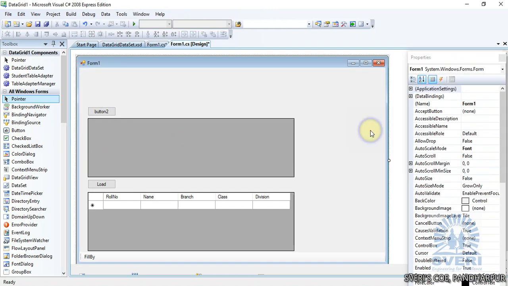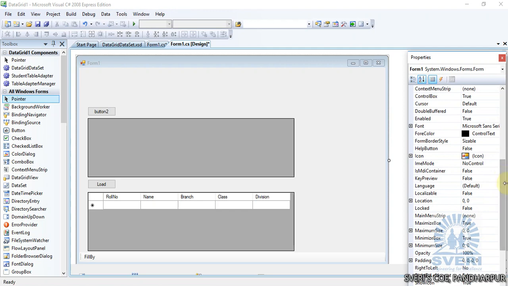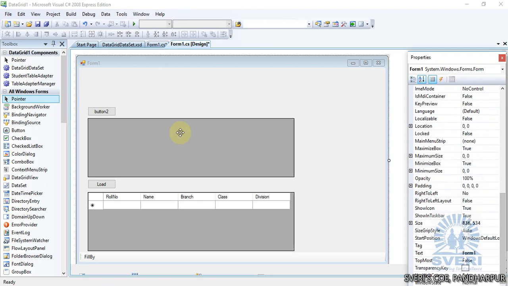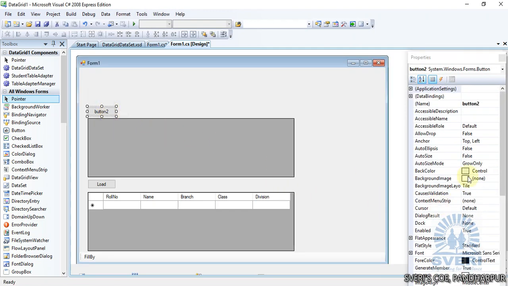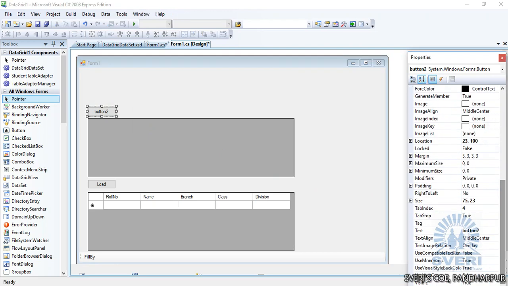I will change the text property of the button to search,